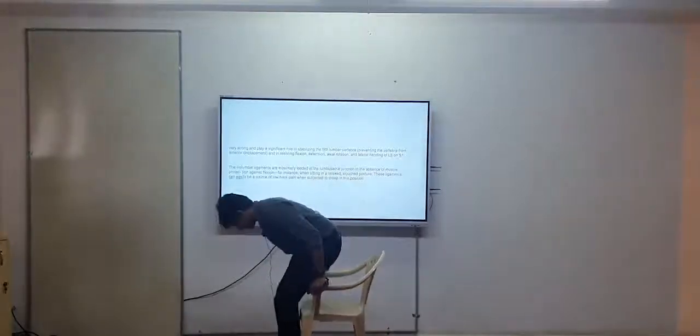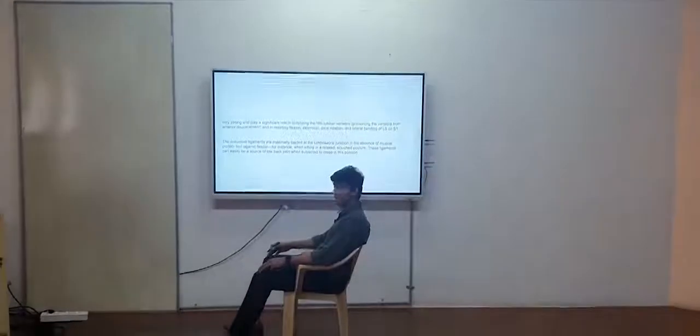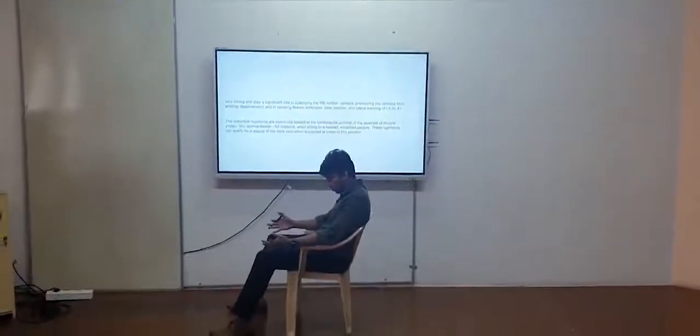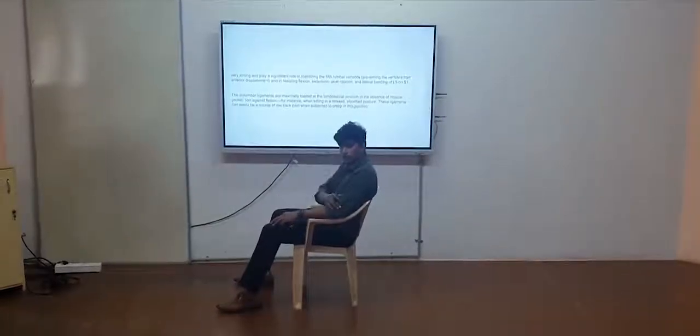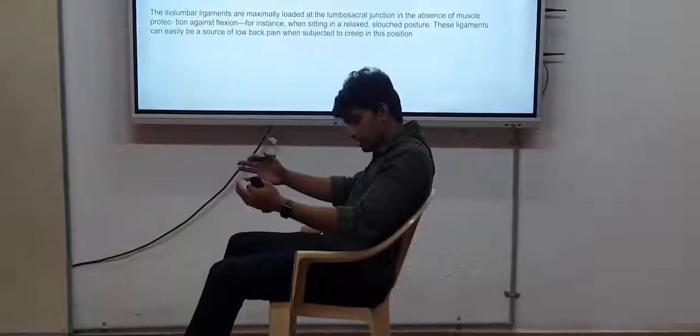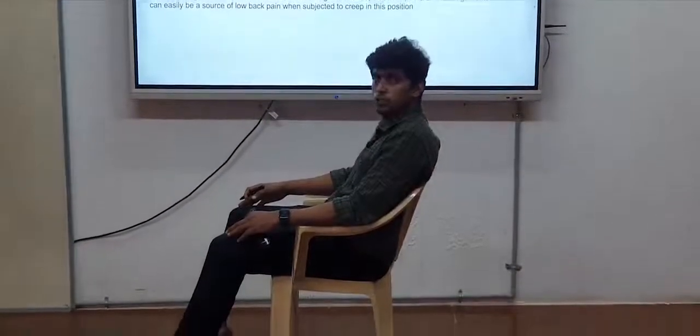I'll keep the chair here. For example, if you are sitting, it is an upright posture. Here, if you are focusing on any of the muscles, all the muscles will be relaxed, especially including the hands. Here we have an arm pad, so we can rest the hand over it and we'll be sitting relaxedly. So just imagine if you are watching a movie for several hours and gradually our posture will be going like this. So it will become a slouched posture.